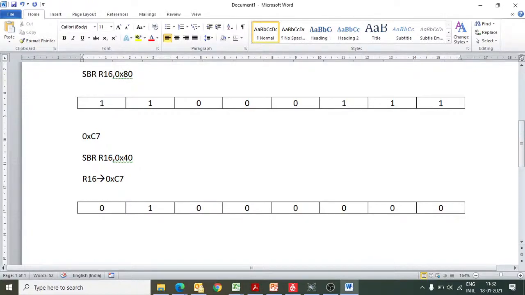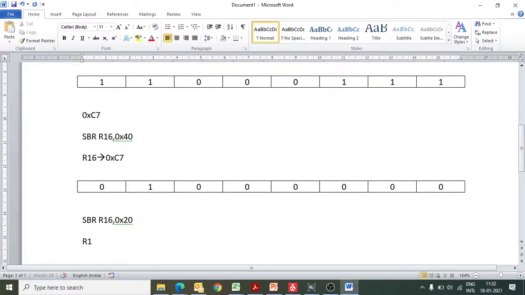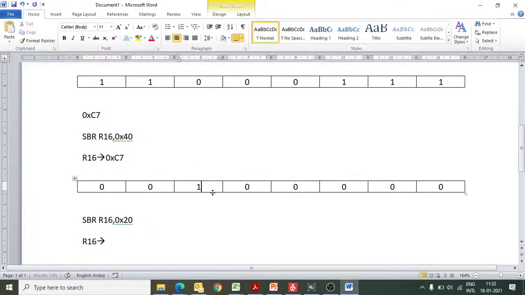Okay, let me write one more instruction: SBR R16, 0x20. What will happen? 0x20 means 0010. What will be the content of R16? If you map this bit position here, what will be the new value?